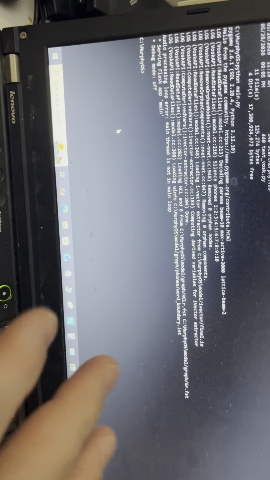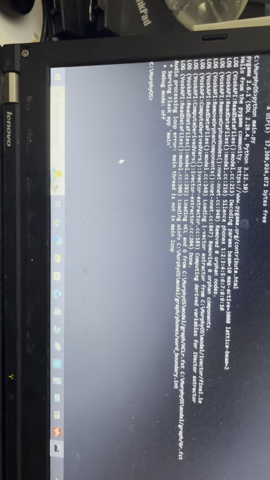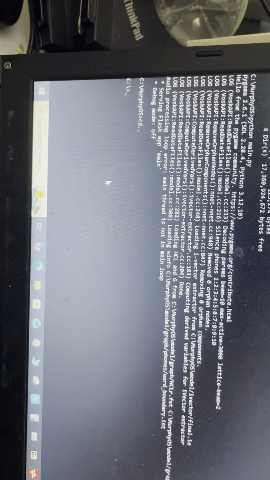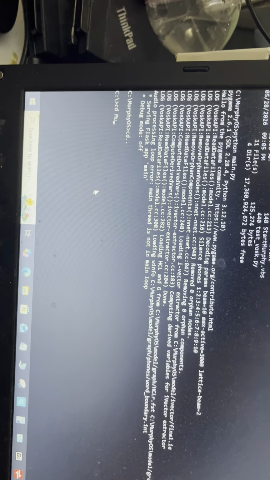So I'm going to make a quick video on some of the functions that the MorphyOS has when you're not connected to an Arduino. So from your command prompt, you would go into your Morphy directory,